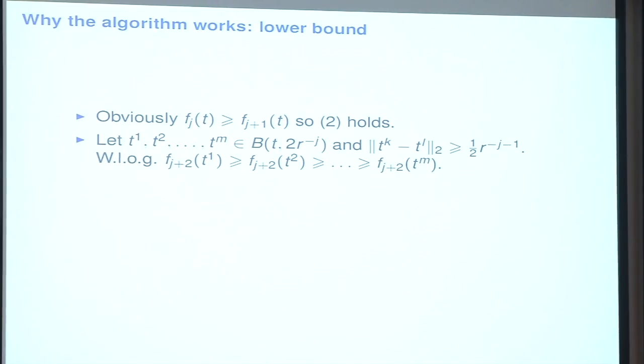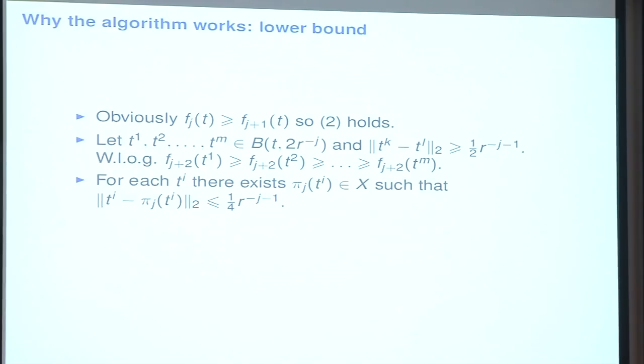We can reorder the points that we have to deal with, and what we know by the construction, we know that for each point t_i there is its approximation in the set X, and the approximation is not farther than 1/4 R^{-j-1}, because it is due to our construction. There were projections on the net